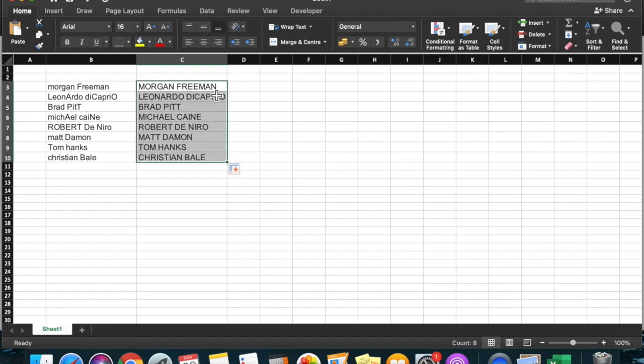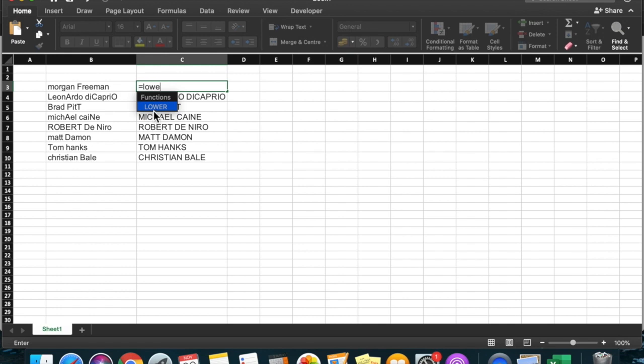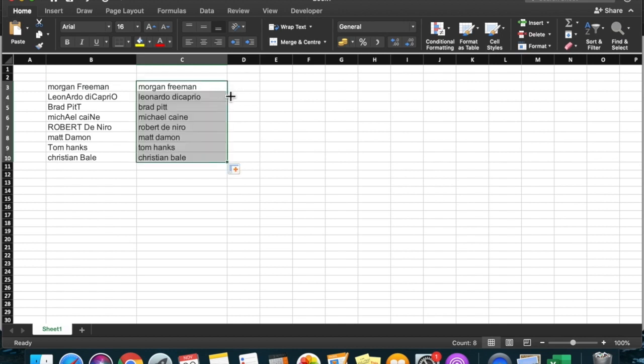Similarly, for converting into lowercase, you use the formula equal to LOWER, and you select the cell and press enter. Double click, so you can get the complete names. I have a set of names here, so it's completely turned into lowercase. But